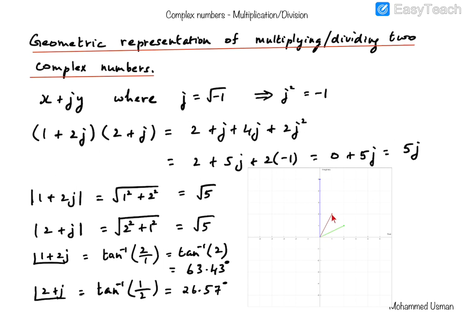Okay, the point (1, 2) is connected to the origin by this red line, and this red point is the representation of the complex number 1 plus 2j in the complex plane. So (1, 2) is our point in the complex plane. And the second complex number is given by this green dot, which is 2 plus j. It has a real part equal to 2 and an imaginary part of 1. So 2 plus j corresponds to the point (2, 1)